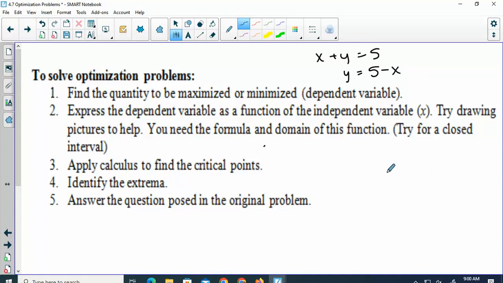Okay, so my numbers would be x and 5 minus x. If I wanted the product, what does that mean? Multiplication means you have to multiply them. So the product will be x times 5 minus x. So we make an equation. And then if I'm asking you to find the maximum product,